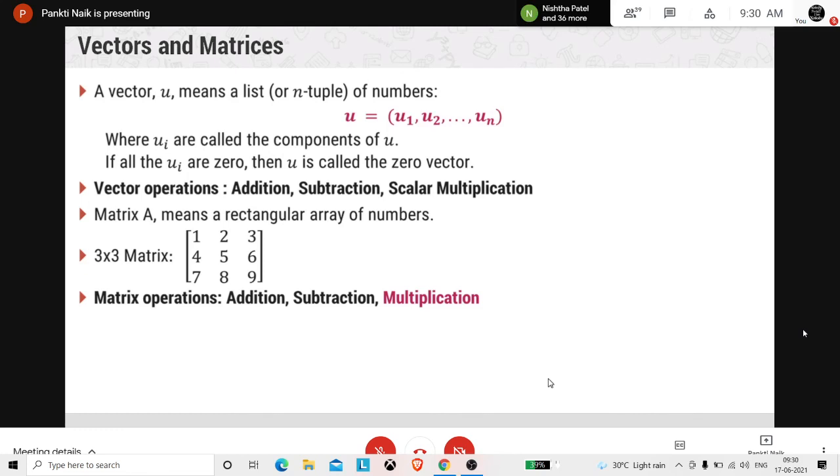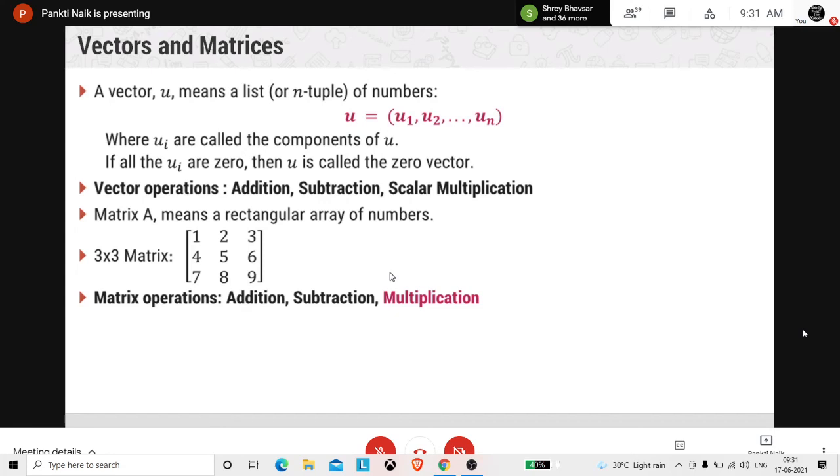Another term in vector theory is equal vectors. Now, if there are two vectors, namely A and B, and both vectors contain the same number of components, and if corresponding components are equal, then vector A is equal to B, or we can say that vectors A and B are equal. And what is called a zero vector? When the values of all its components are 0, then it is known as the zero vector.